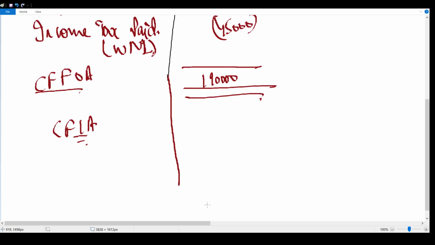Firstly, we will prepare land and building. I think there's no need to prepare the land and building account. Okay, firstly, purchase of machinery, cash outflow. So 1,25,000 was the cash outflow,